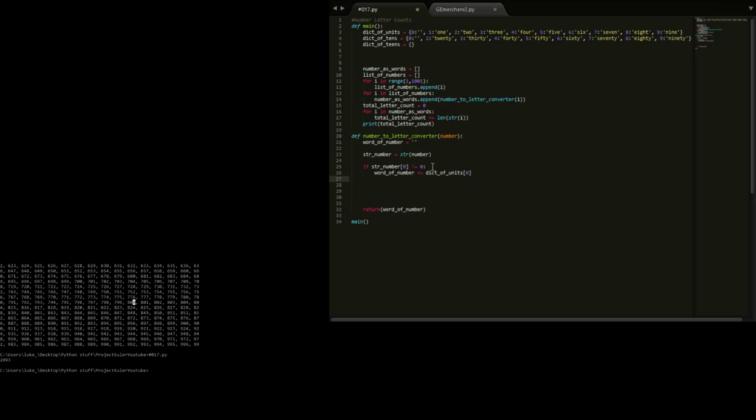Is this right? We'll have to run this in a sec to see what this does. I can't actually remember if this is going to work right or not. And then word of number plus equals 1000. And we're not going to add any spaces in here because spaces will mean that we have to just strip them away later,